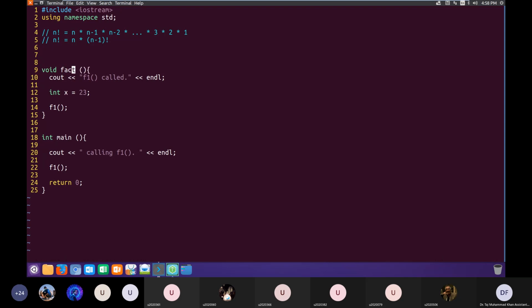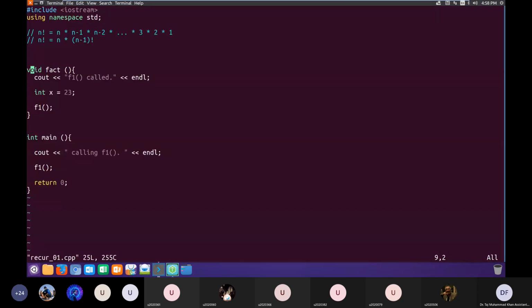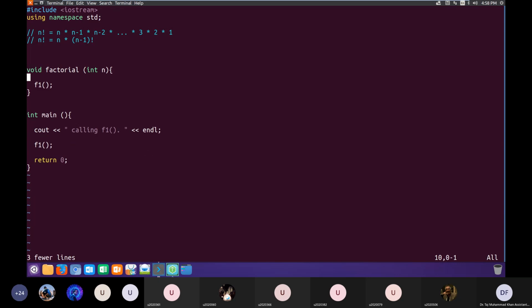So let us solve this problem recursively, and we define this function factorial. We call it, and we pass it a number n of which we want to find the factorial. So to find a factorial, we have to call this function factorial, and we pass it the value n minus 1.